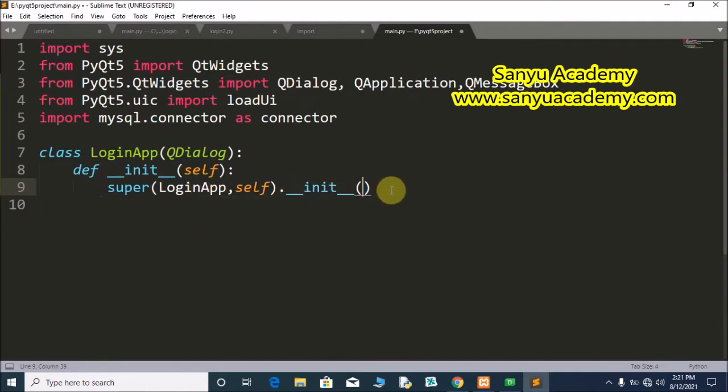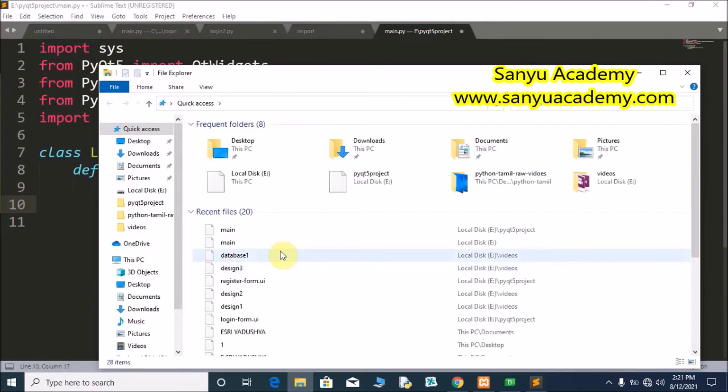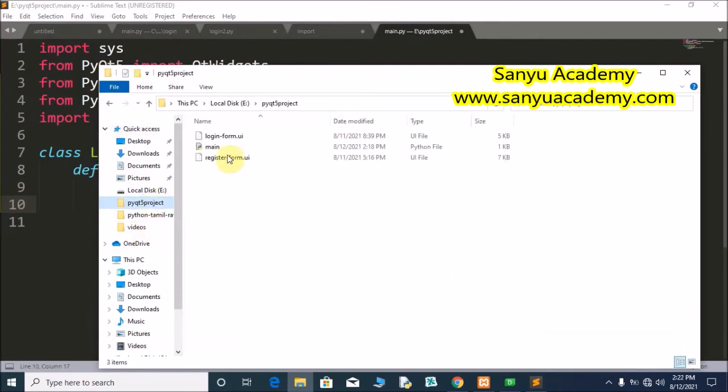Now we have to load the user interface. loadUi, open bracket, double quotes. We have to provide the user interface name here. The login user interface name is login-form.ui.